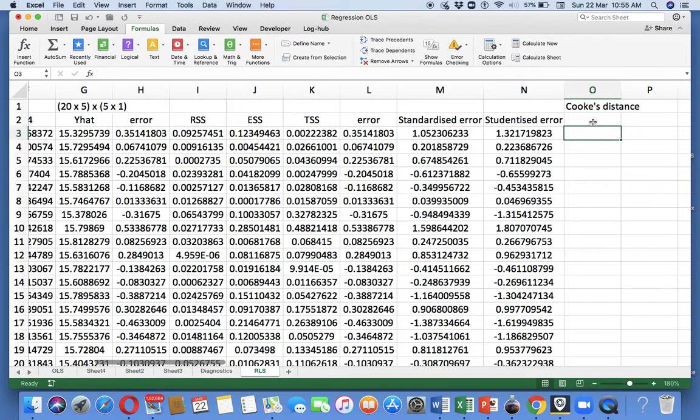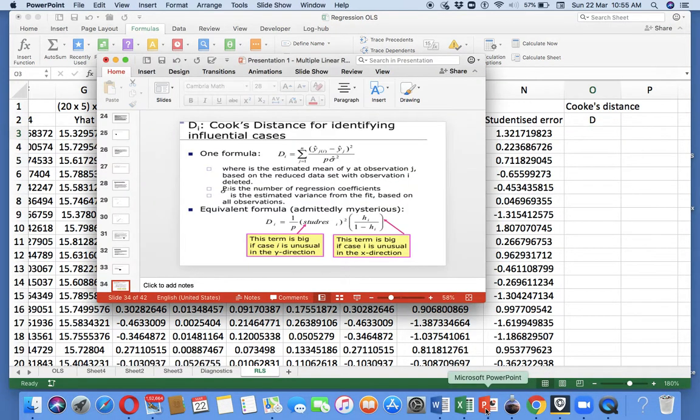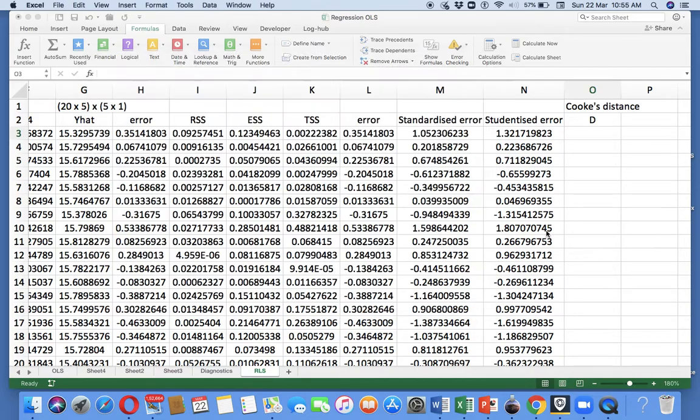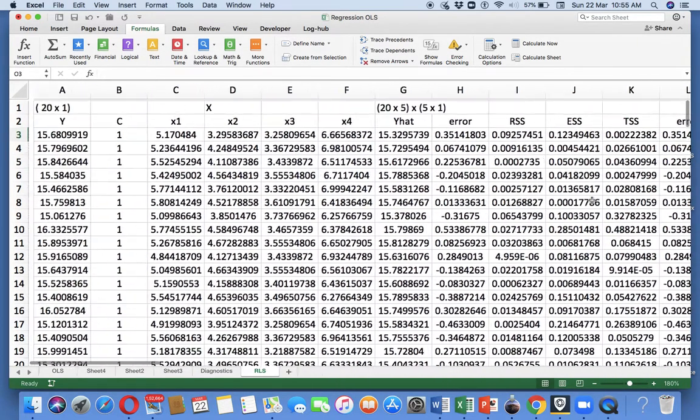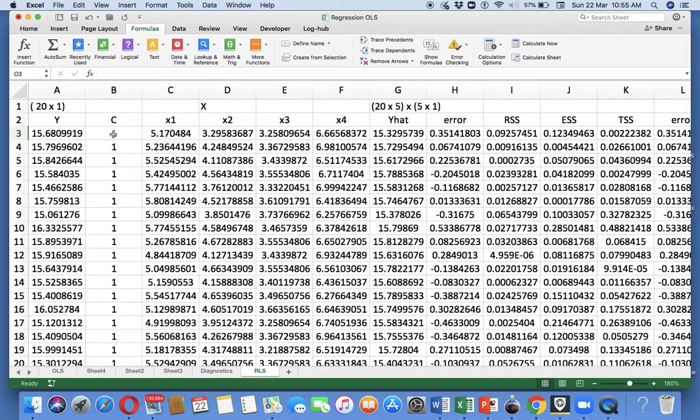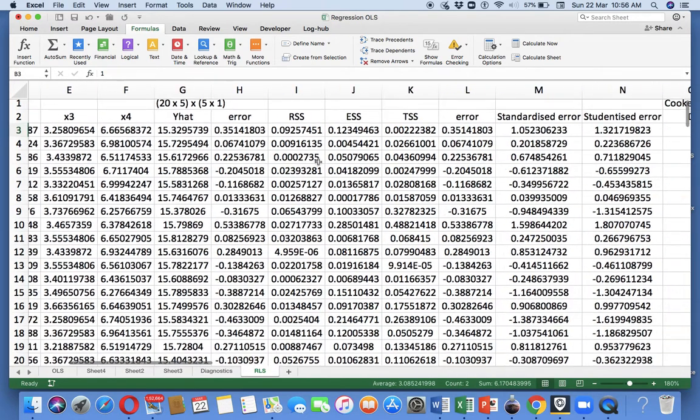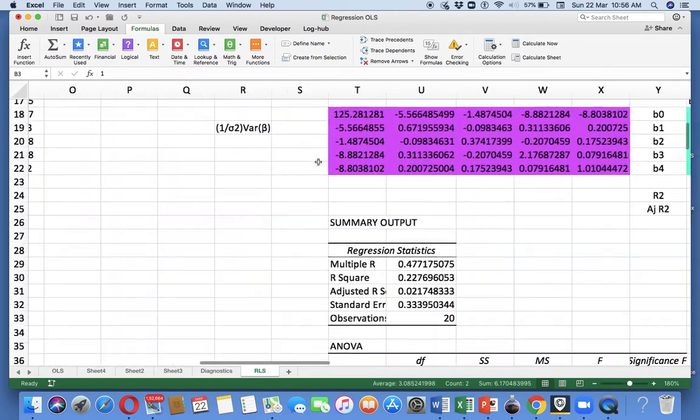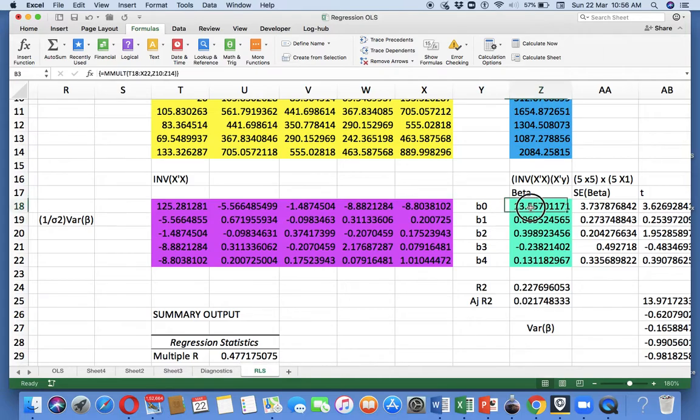So Cook's distance, I'll call that here, which is calculated as, Cook's distance D is calculated as 1 by P. Now P is the number of parameters. So the number of parameters here is 1, 2, 3, 4, 5.